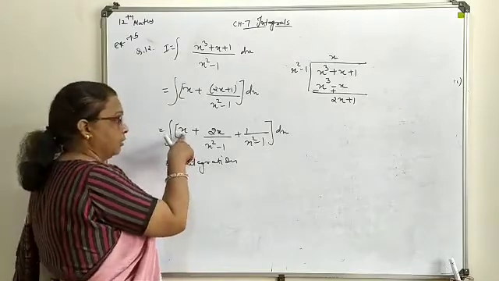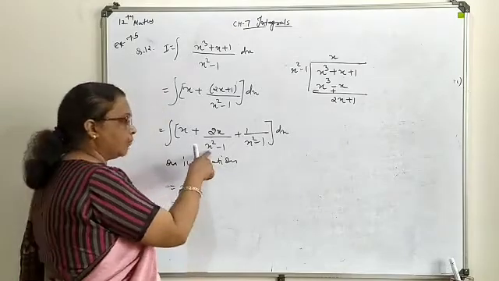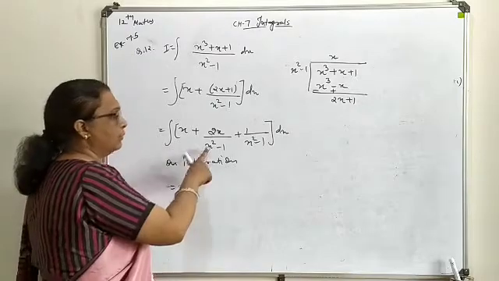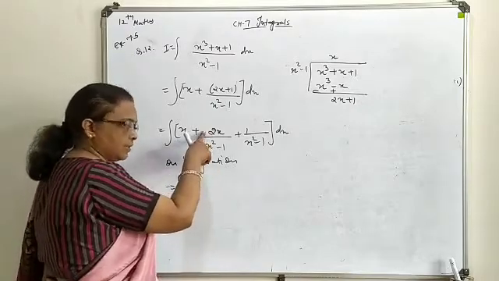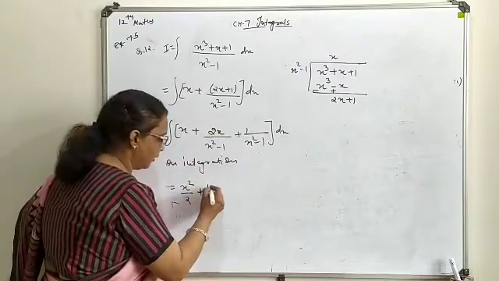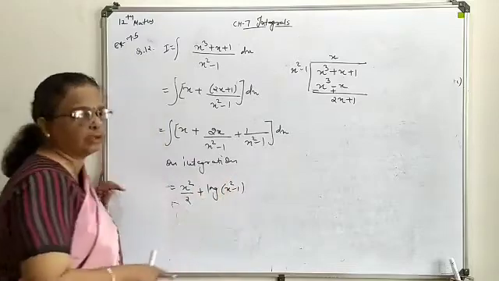So here the integration of x you will take as x square upon 2. Here verbally you can suppose every time, no need to write it as t, dt or everything. This is your t, 2x is dt available, so this is 1 upon t log. So this will go for logarithm of x square minus 1. This is a direct theorem you can implement.